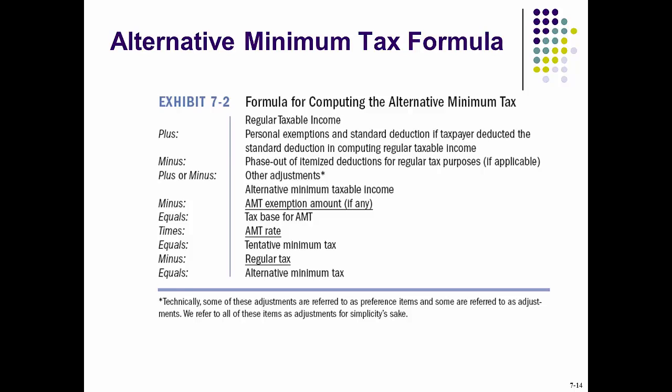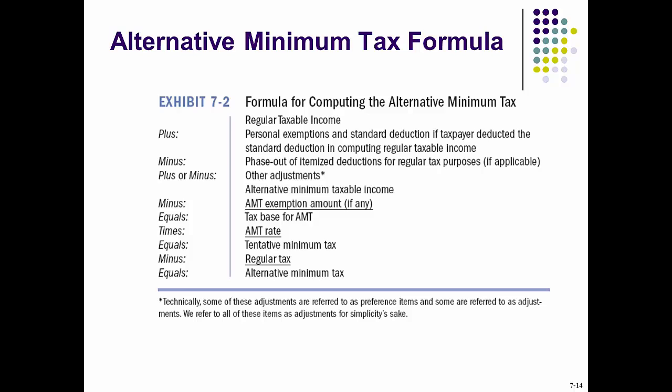Regular taxable income, we will start from this one, plus personal exemptions and standard deductions if used, minus phase-out of itemized deductions. And for this one, depending on the nature of the adjustment, it will be either a plus or minus item. This will equal alternative minimum taxable income, minus AMT exemption, if there's any, and we'll talk about exemption later in this video, equals